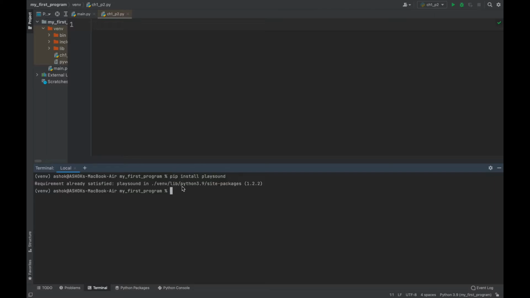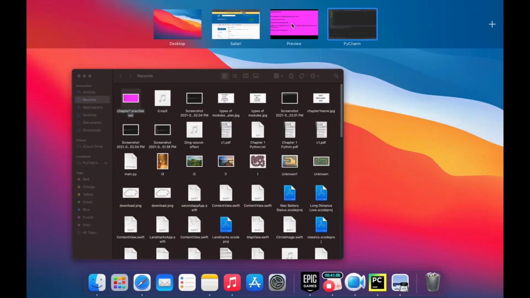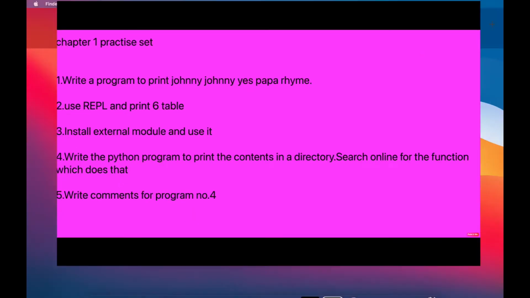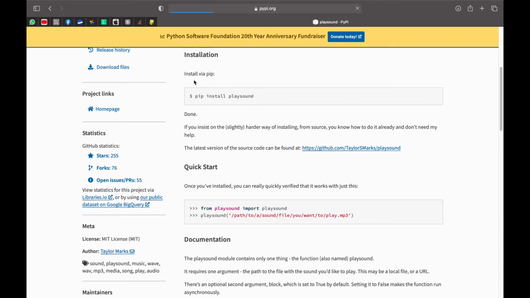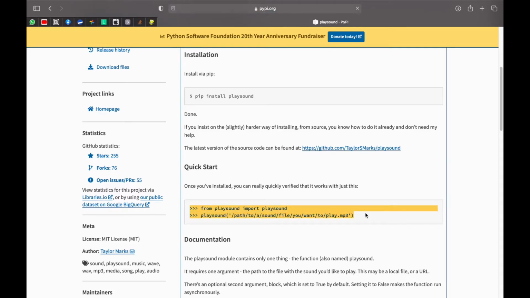Just paste it and enter. It will download the package, and here it will show all the instructions, like this is how we install the package and this is how we use it. So as we are beginners, let's just copy this,